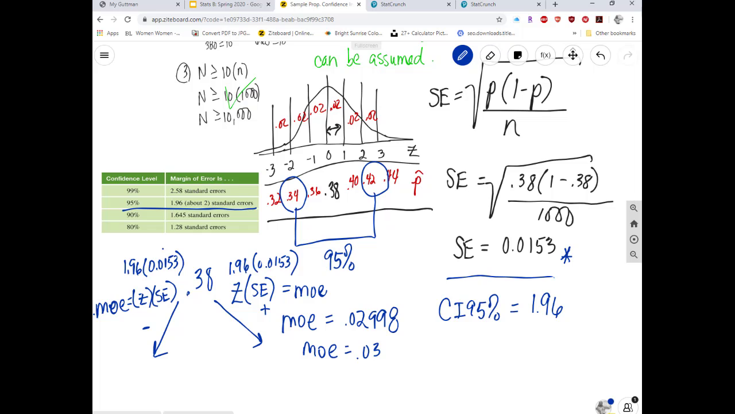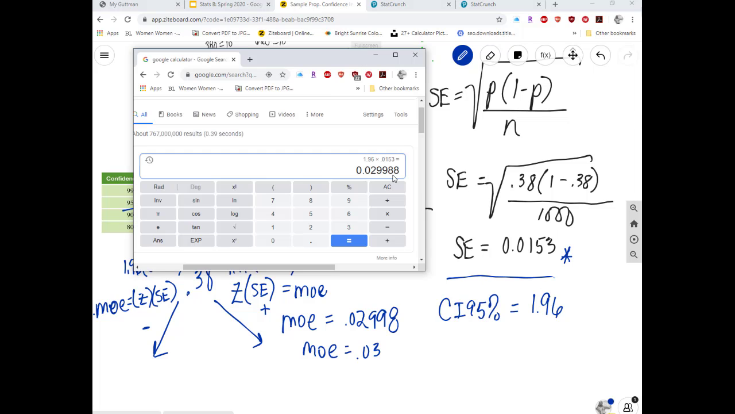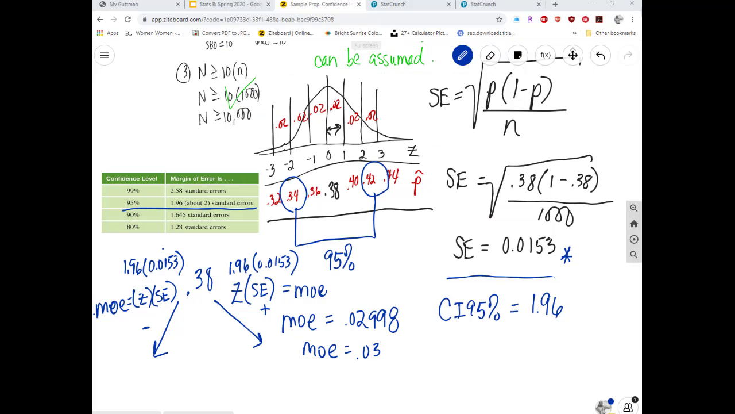If I pull up my calculator again, 1.96 times 0.0153, yes, I still have that same number, which is 0.02998, and I can round it to 0.03. So it's going to be the same. So the margin of error